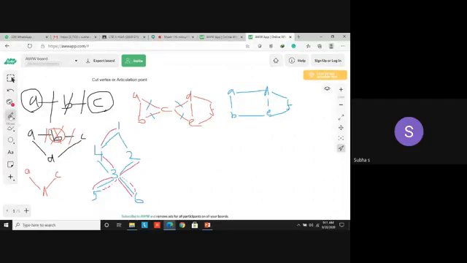Got it. Now I will write it again separately. I started from 1, then I went to 4, then I went to 3, then 5, then 6. From 1 to 4, 4 to 3, 3 to 5, from 5 I came back to 3, then I visited 6. From 6 where do I go? 6 to 3.